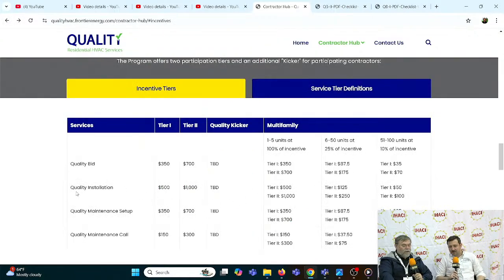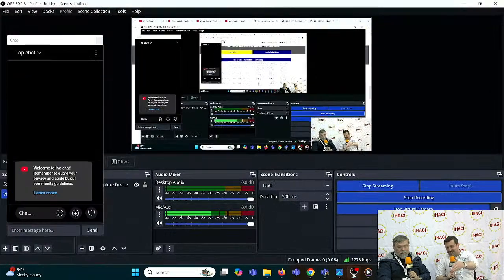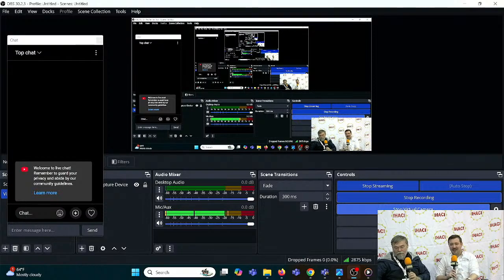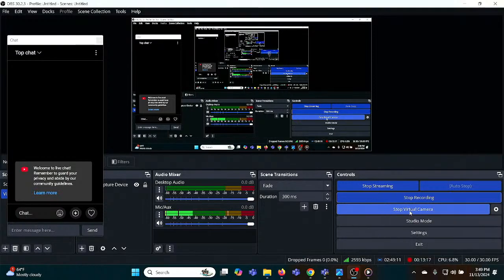So talk to me about the quality install part of it. Yeah, so the quality install is definitely our most comprehensive. I often get asked by contractors when I'm explaining this to them, what's the catch? One of the catches is the checklist. The other catch is going through our trainings. The quality install training itself is definitely our most comprehensive. It's about an hour and a half, but it's well worth it because that's where the big money is,